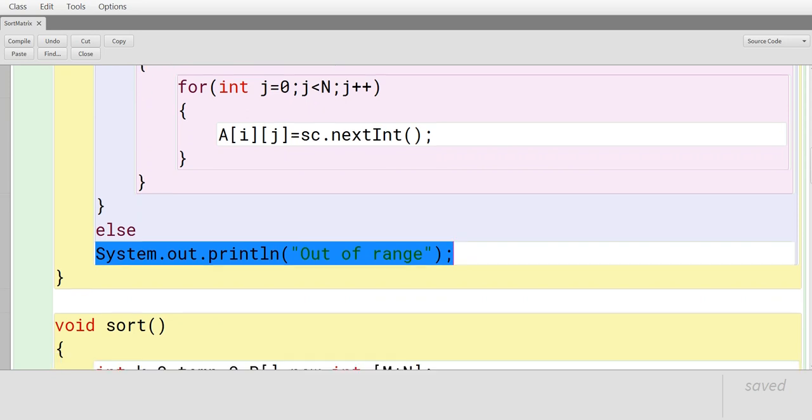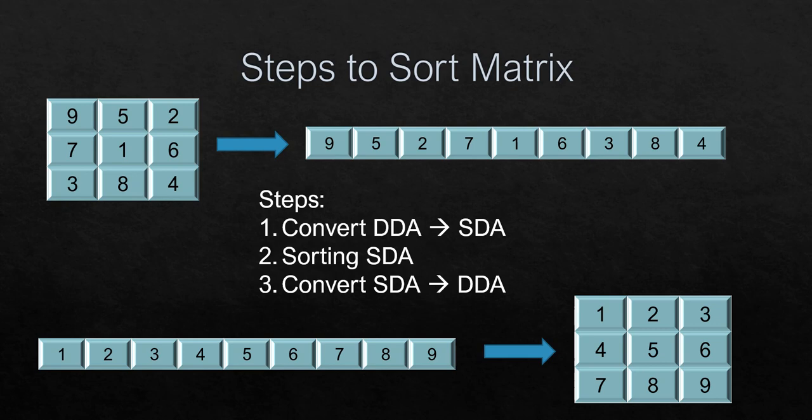Now you're going to go to the sorting part. Before that, you should know how to sort it, so I'm going to explain that. Now you already have the elements stored in the matrix. Suppose you have 9 elements like this. If you enter a 3 cross 3 matrix, you get 9 elements which are stored in matrix order, that is, they will be stored in row wise order.